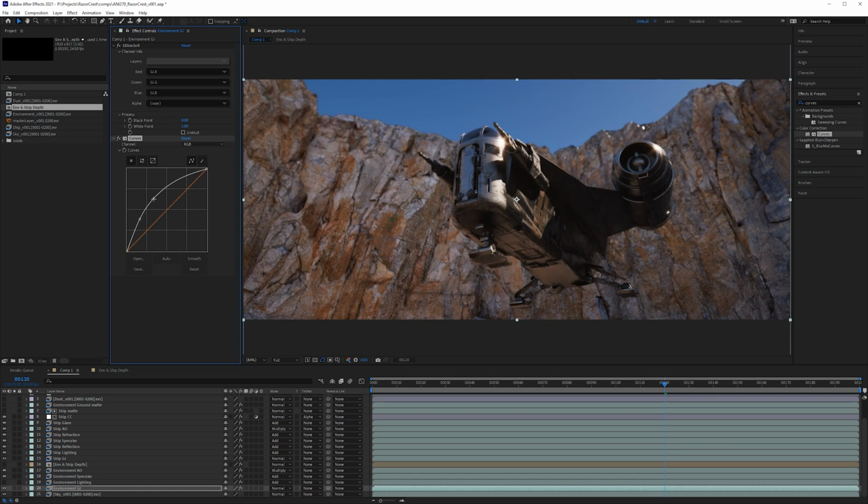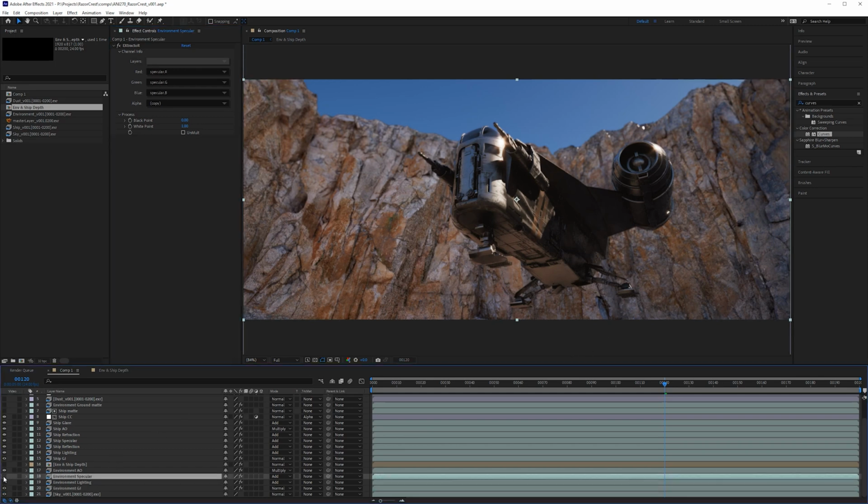You could do just your global illumination, because there's not going to be very much direct light in that case if the sun is completely obscured by the clouds. This allows you to make those changes and even swap out your sky without necessarily having to re-render this. So just keep that in mind.